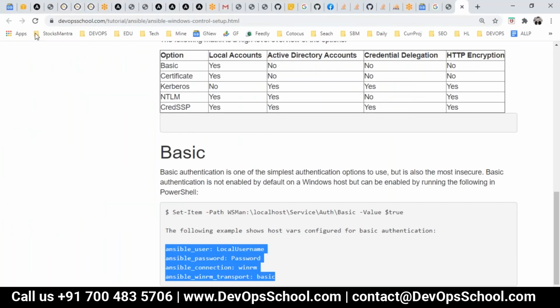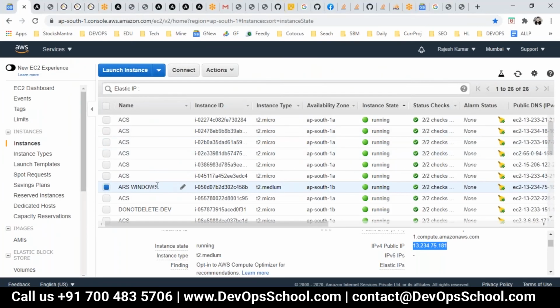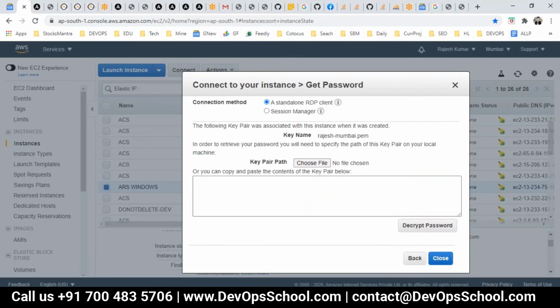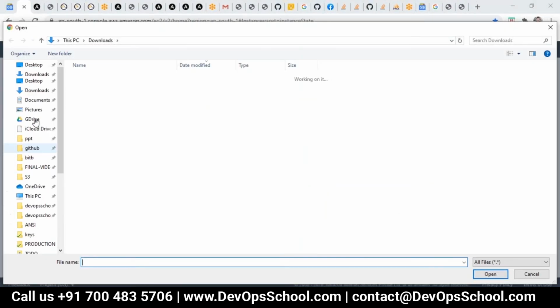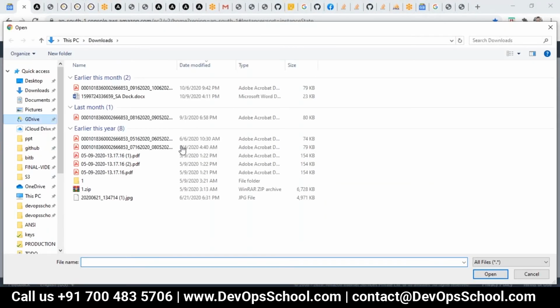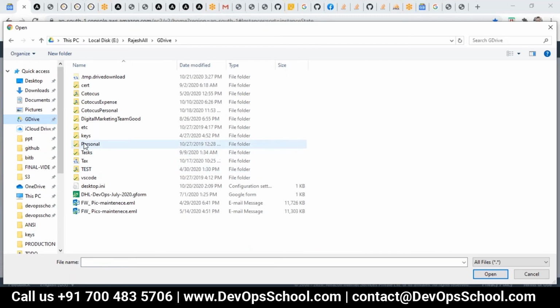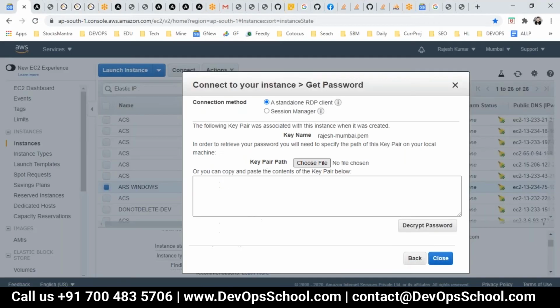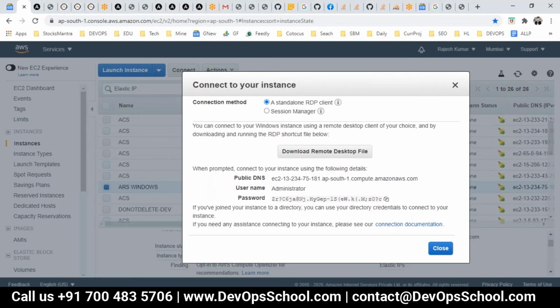Now I don't know the username and password, so I have to connect and generate it. This is how you generate the password in AWS. Ultimately, the password should be there. That's all. So let me generate it. So guys, the username is administrator.